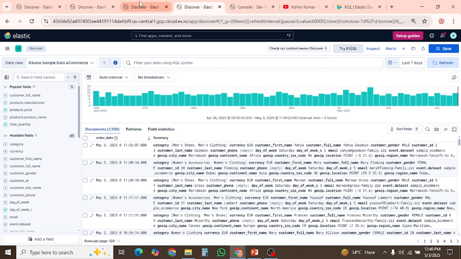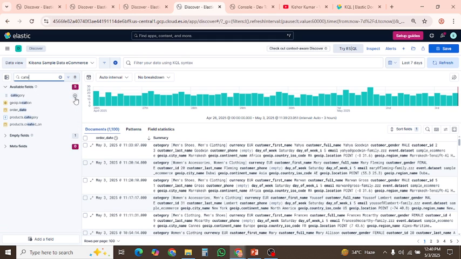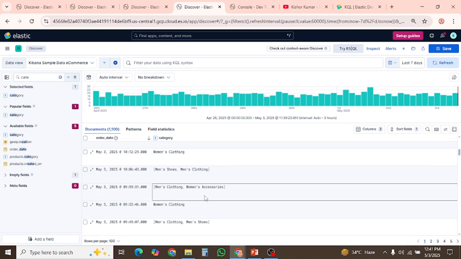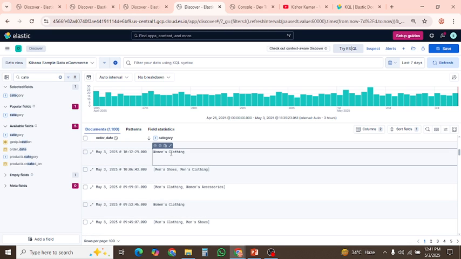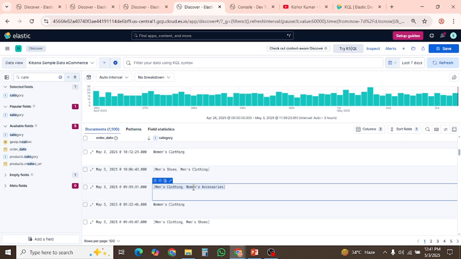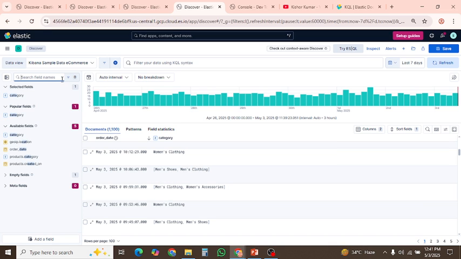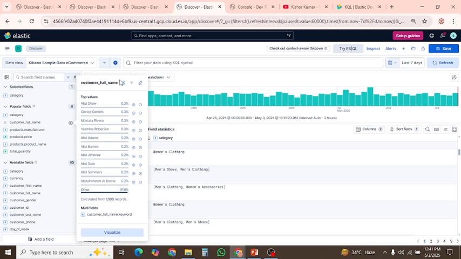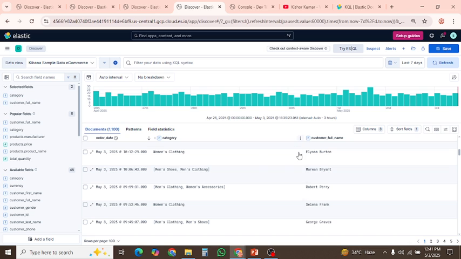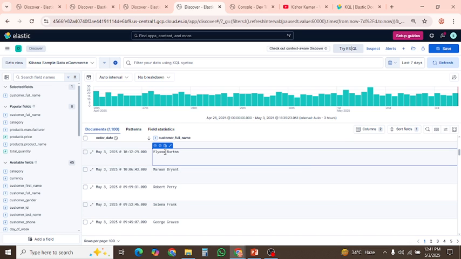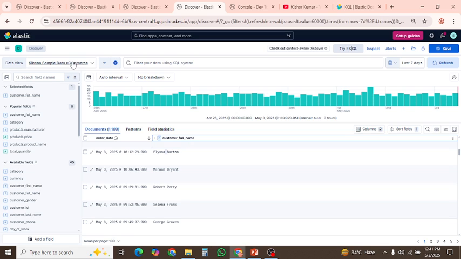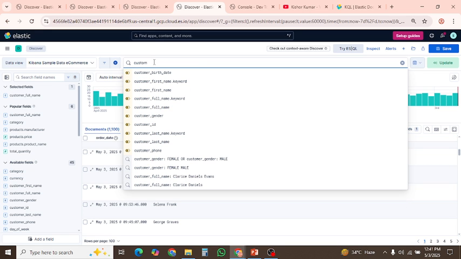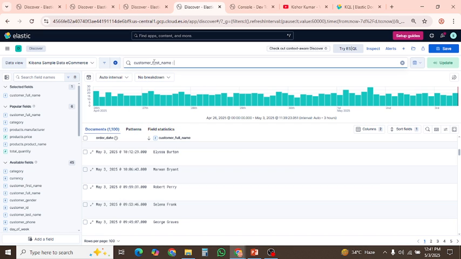So let's do one thing, and I will choose for category, if I can add. Let me check. Yep. I will do one thing, which is customer name. Okay. So let's say you don't know the customer's full name, but you know the starting word of the customer. I am going for the Kibana sample e-commerce data. So I will say my customer name, give me the result where the customer name starts with Elisa